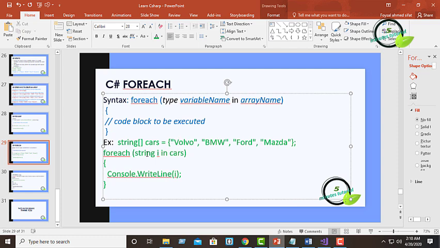When we execute the for each loop, it will target the first value of the array, then print the second value, then the third value, then the fourth value. So it will actually take the length of the array and print each array value.